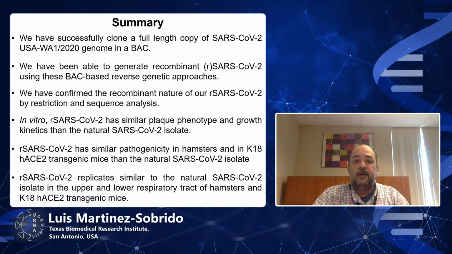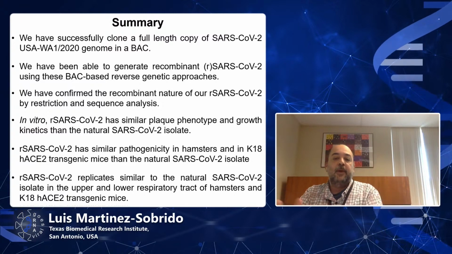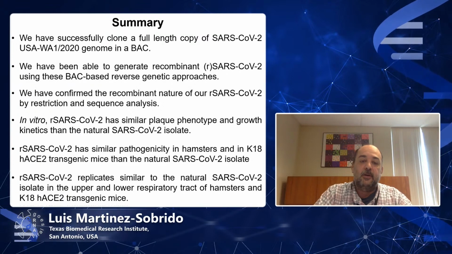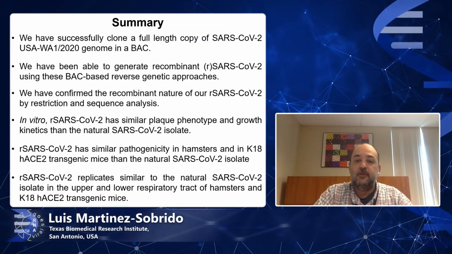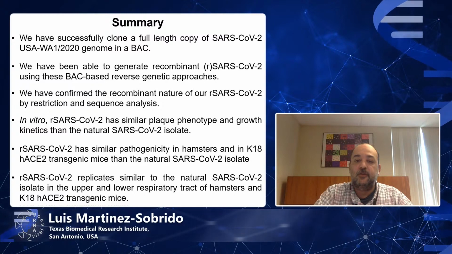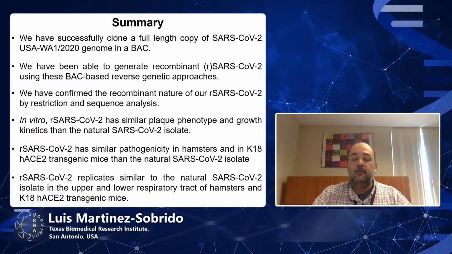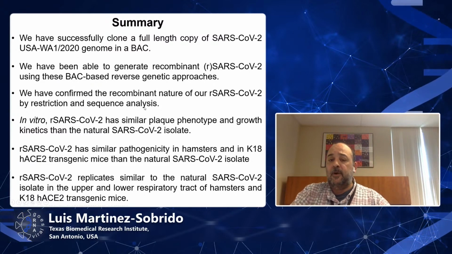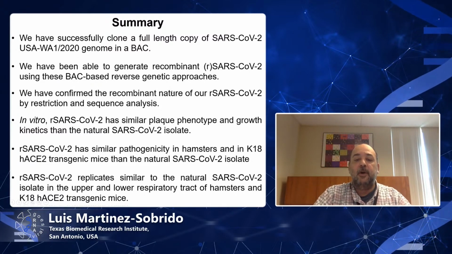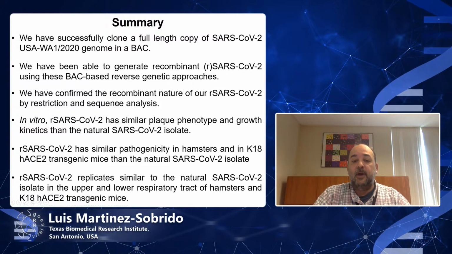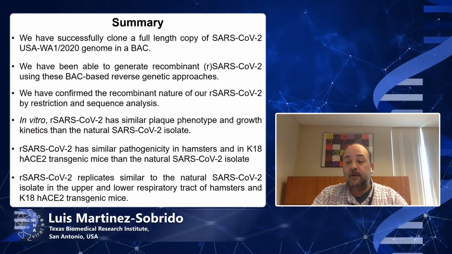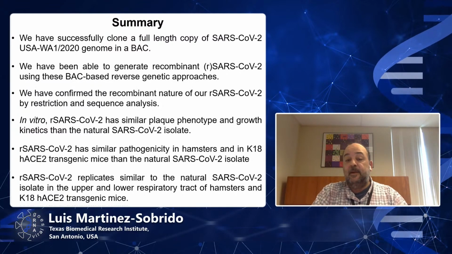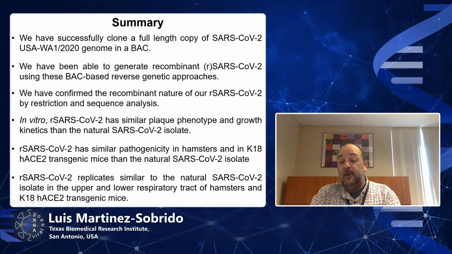So to summarize this first part of the presentation, we have been able to clone the entire genome of the SARS coronavirus 2 Washington strain in the backbone of a bacterial artificial chromosome that we have used to generate recombinant viruses. We have confirmed the recombinant nature of our recombinant virus, and what is important is that the virus that we generate using this reverse genetics seems to have a very similar fitness to the natural isolate in vitro, by